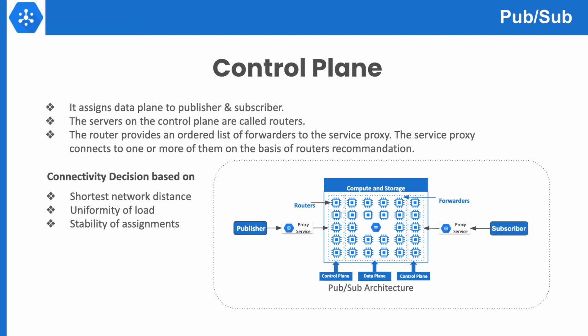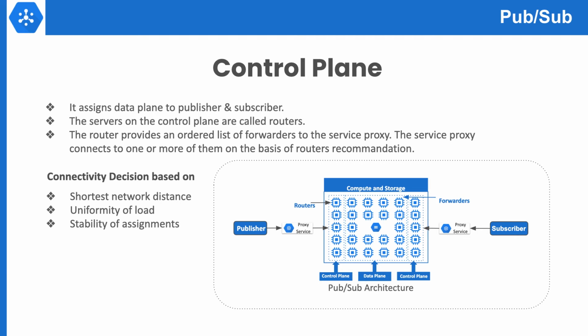Along with network distance, there are two other factors that play an essential role to reduce the latency: uniformity of load and stability of assignments. Uniformity of load means load should be divided equally between all the servers. And stability of assignment means change in load or change in set of available forwarders changes the smallest number of existing assignments. It means if a few forwarders are busy at a moment and available after a few seconds, the shortest distance would change. So the router uses a variant of consistent hashing to achieve a tunable balance between uniformity and consistency. Consistent hashing is a strategy for dividing up data between multiple machines.